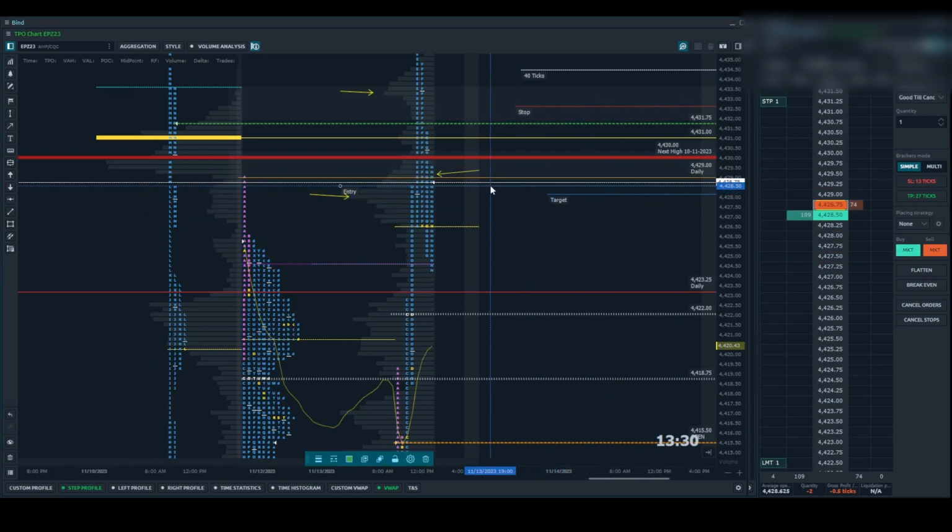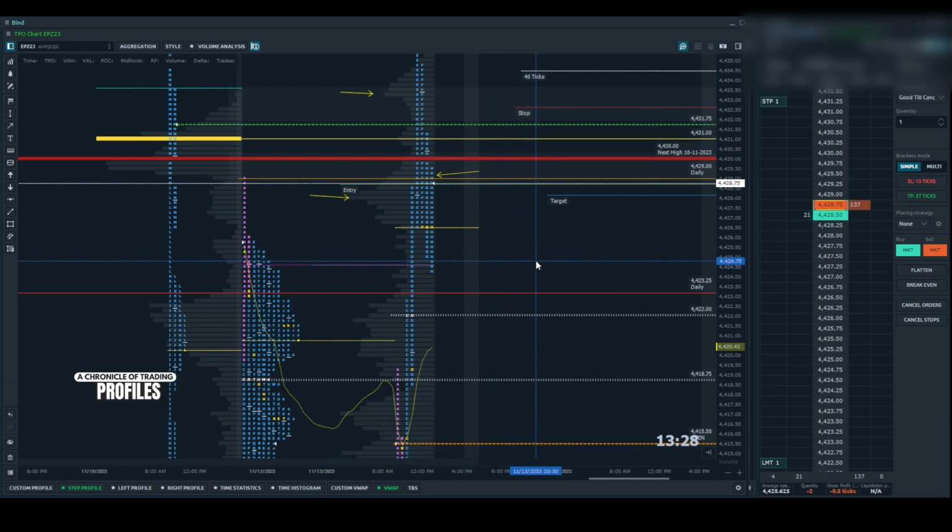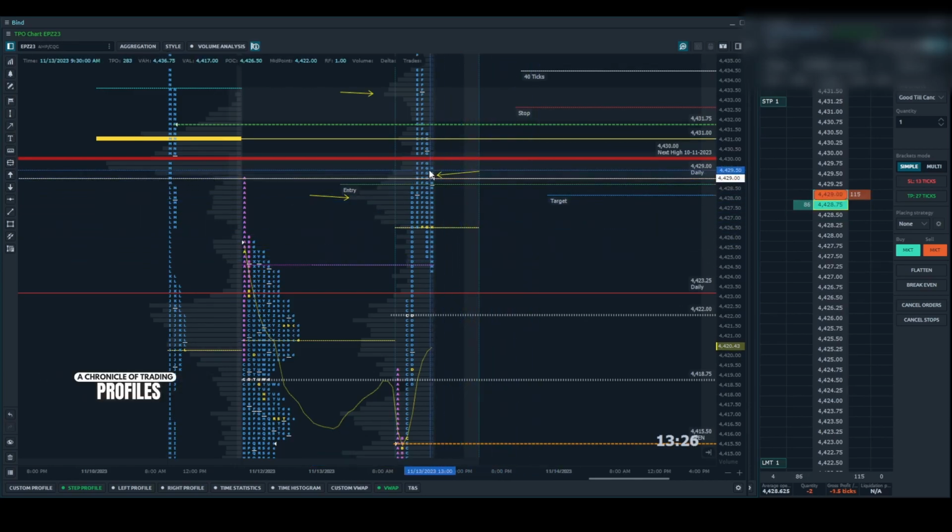The average is up to 28.75. So, more importantly, I wanted to see it interact with this area. That was more important than actually getting another contract in at that price level. So now your stop would be above this G,